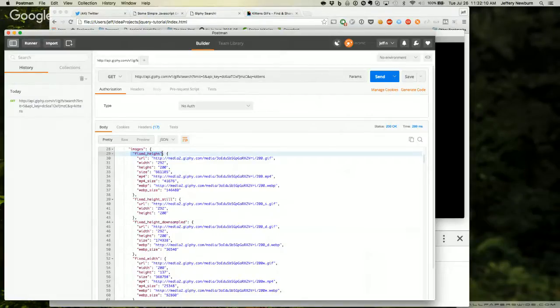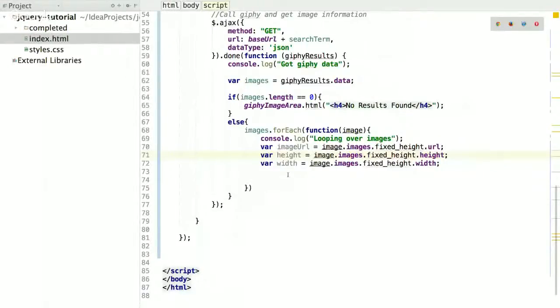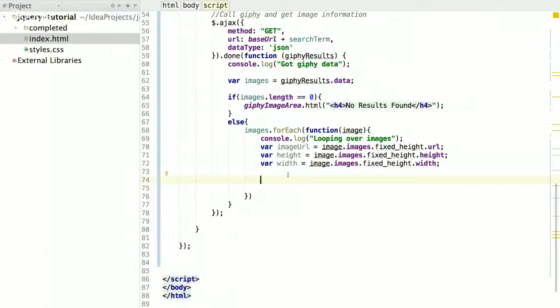Okay. All right, so now that we have all the data we need, because really all we're going to do is create image tags, right? We're going to create image tags and insert them into our code. That's all we're trying to do. So in order to create an image tag, it's pretty simple. Var image. Now I haven't shown you this yet. If I do this,